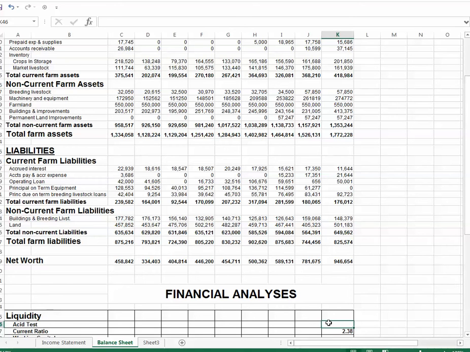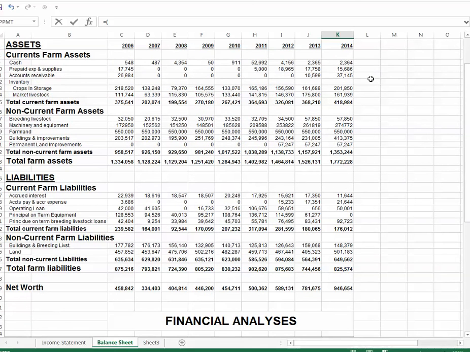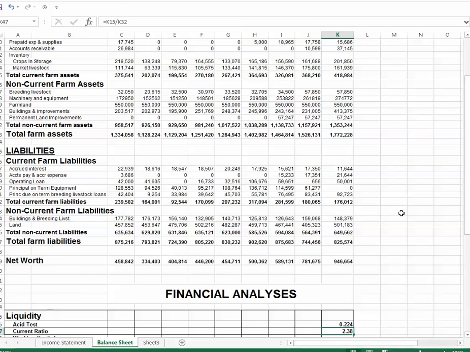So let me put that formula right here. It's going to be equal to, and I'll open parentheses, and I'll go back up here and click on cash plus accounts receivable, and then I will divide that by current farm liabilities. Okay? And you'll notice that that says for every dollar's worth of current debt, there's only 22 cents in cash